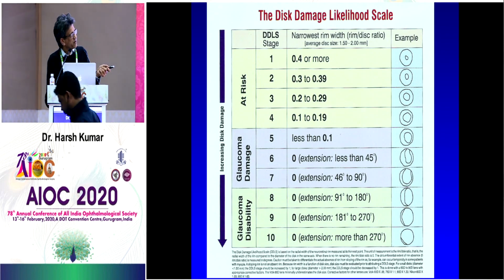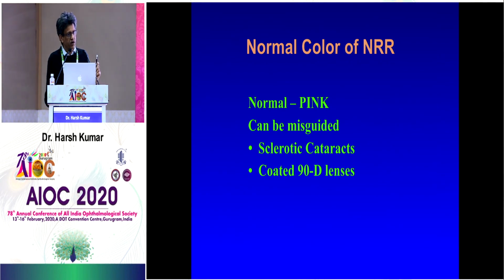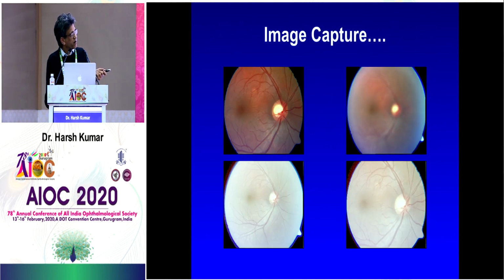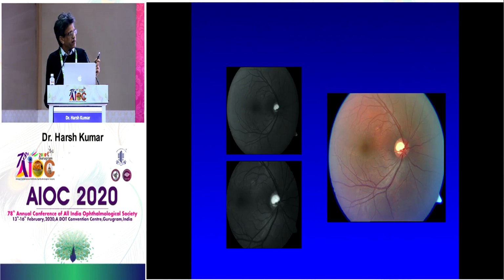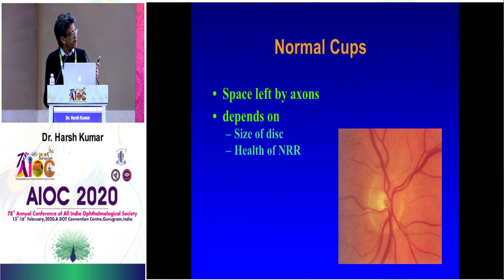So what they are doing is you have to see the cup, the ratio of the rim with the disc ratio. Okay, so that various times will give you how much of damage is there. Just remember, because somebody will ask, or there may be a theoretical question also. The color of the rim is very, very important. The image capture is very important, because you might see a photograph, but if it is overexposed, you may not see the actual color which is happening over there. And that is why it is very, very important to take a red-free photograph, which will always show you the fibers.